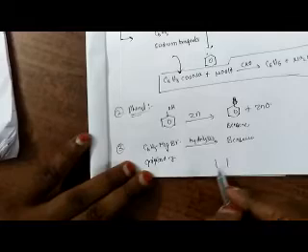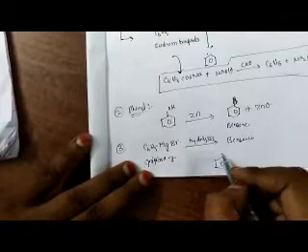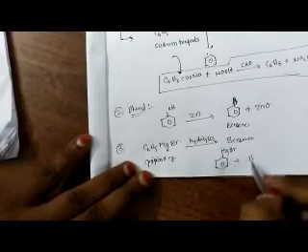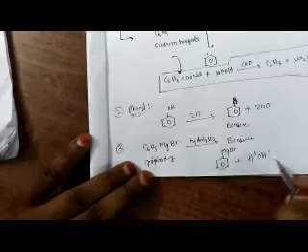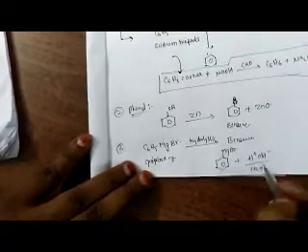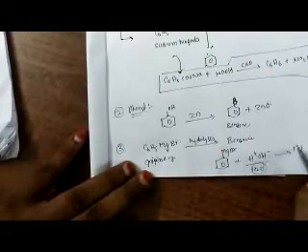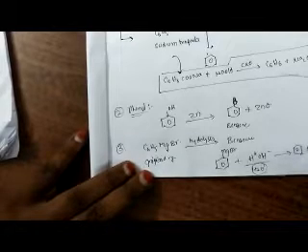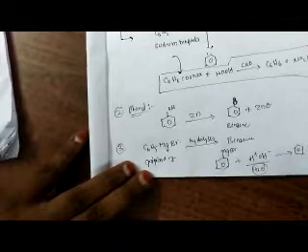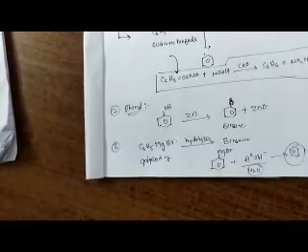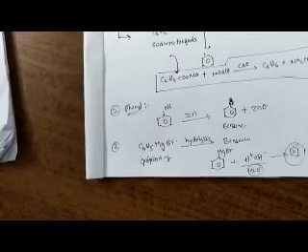The chemical reaction for the preparation of benzene from the Grignard reagent is: on hydrolysis with water, we will get benzene and MgBrOH. This is the required product for us. So on hydrolysis of the benzene Grignard reagent derivative, we will get benzene. This is the third method, and the fourth method is